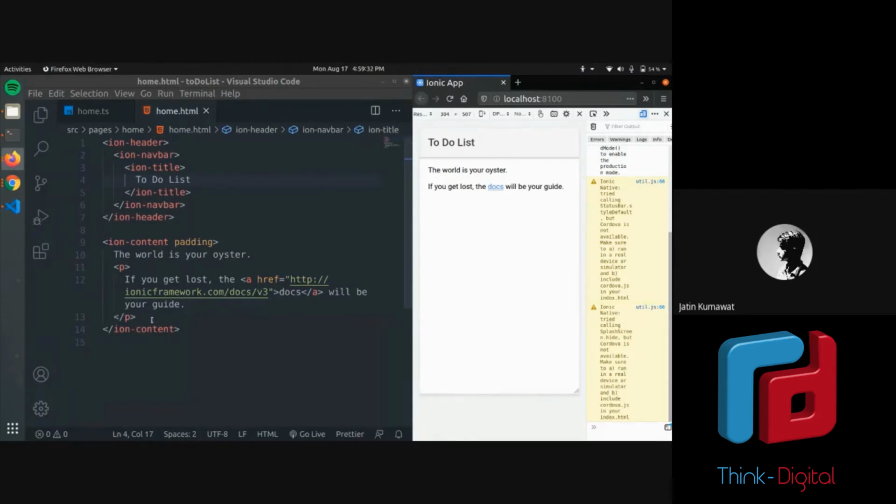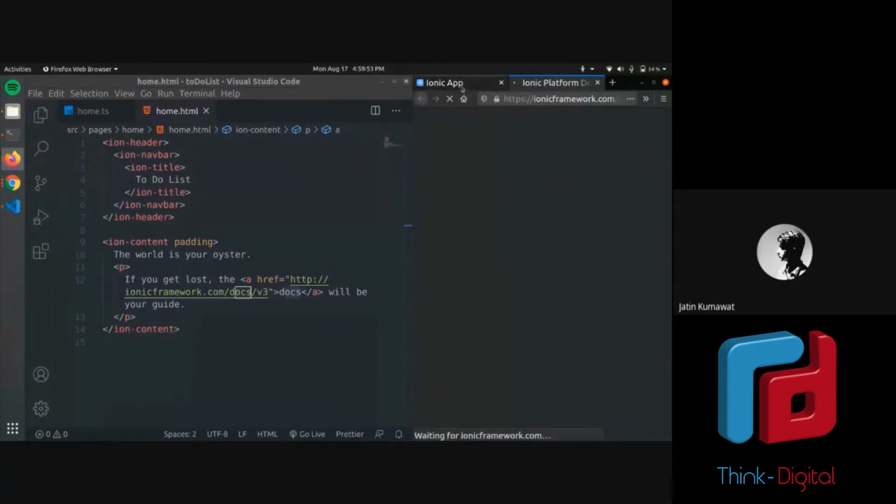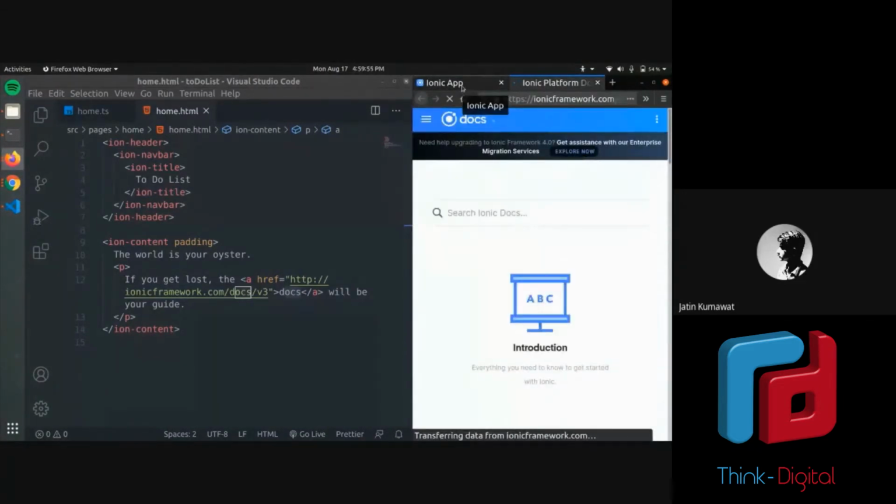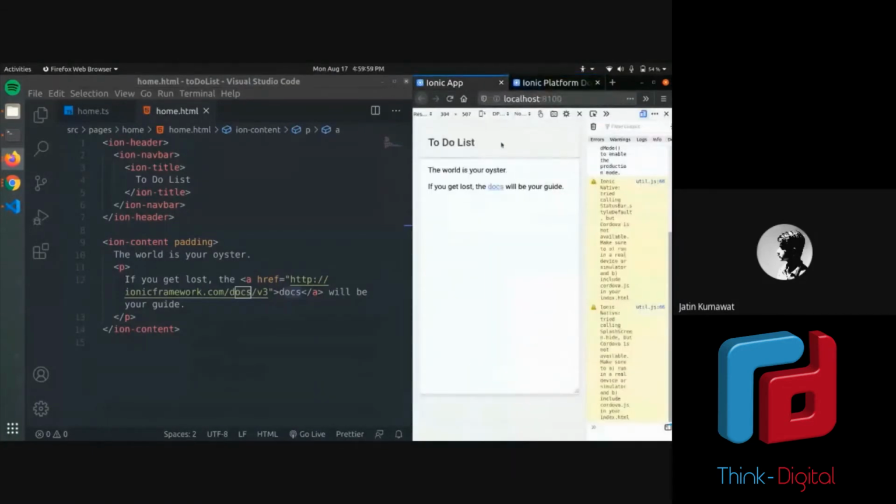This is the paragraph tag, which you can write simply as in HTML, and this is the anchor tag to add links to your text. That is what the anchor tag does. So, docs is the word here which has this link. If I click on this right here, it opens this website. In this way you can link in apps. We'll be using this site a lot. So this is what you get as a blank starter page.